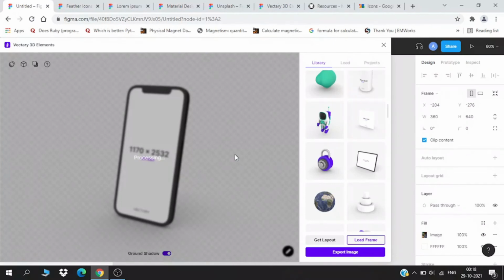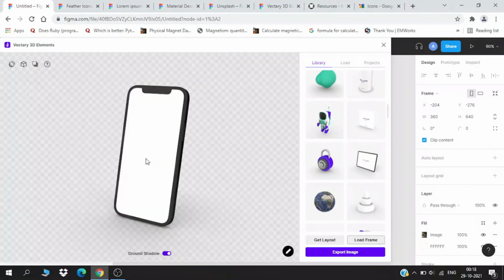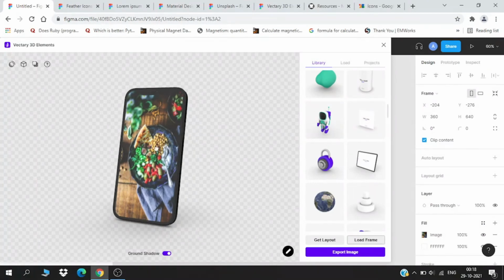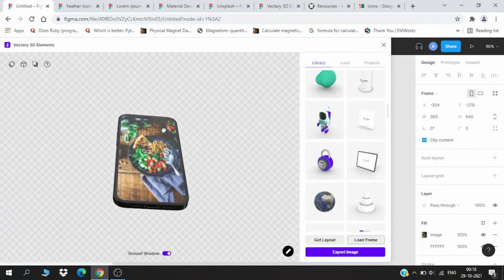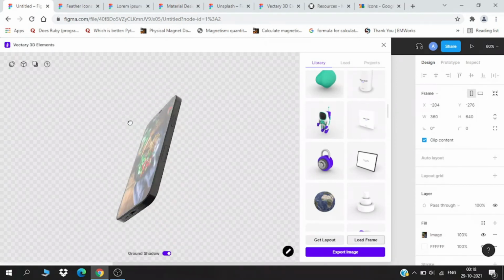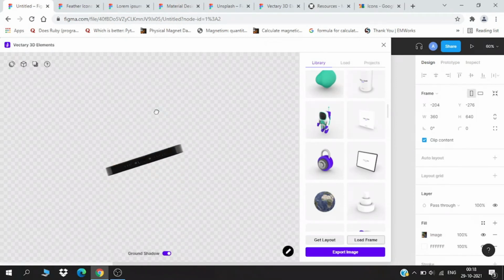As it is processing, once it is processed, you will see that the frame which I have selected will be on this screen. So this is a very amazing mockup app which you can use for creating beautiful mockups, and whatever angle you choose here, it will generate that particular image.